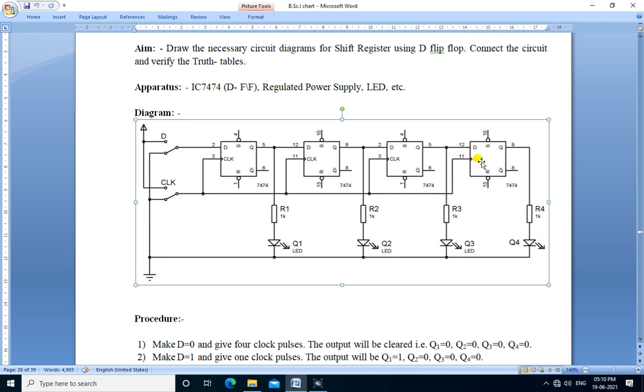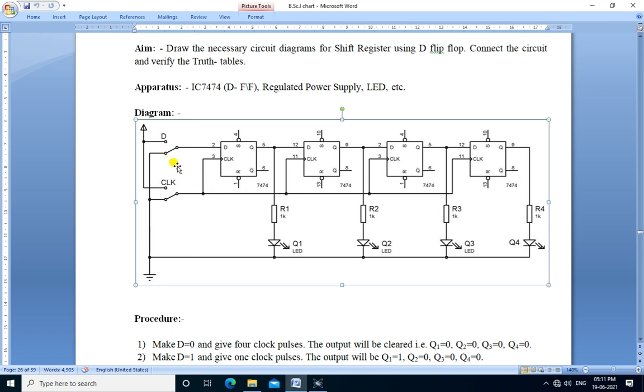The clock of all the 4 flip-flops are connected to this switch. It means the clock pulse is applied at the same time to all the flip-flops.